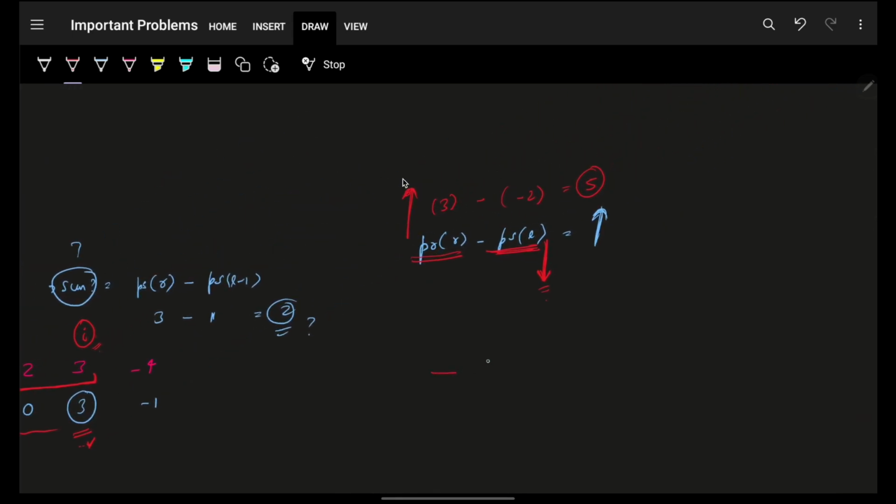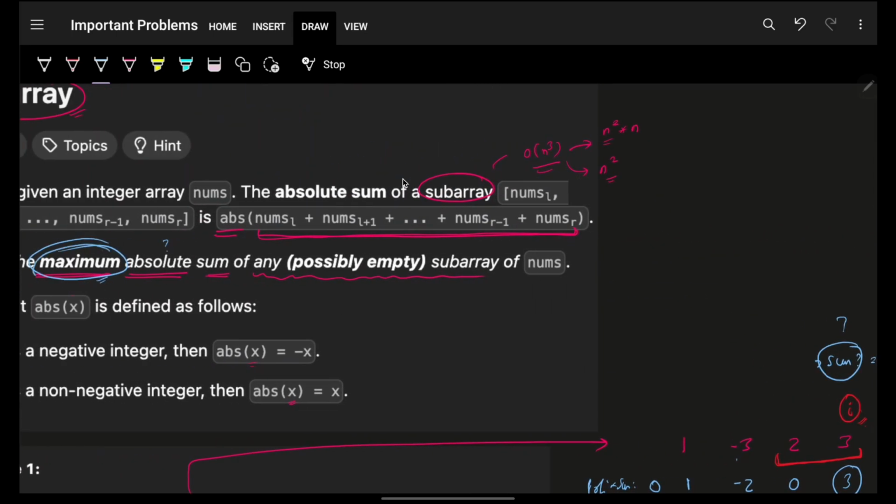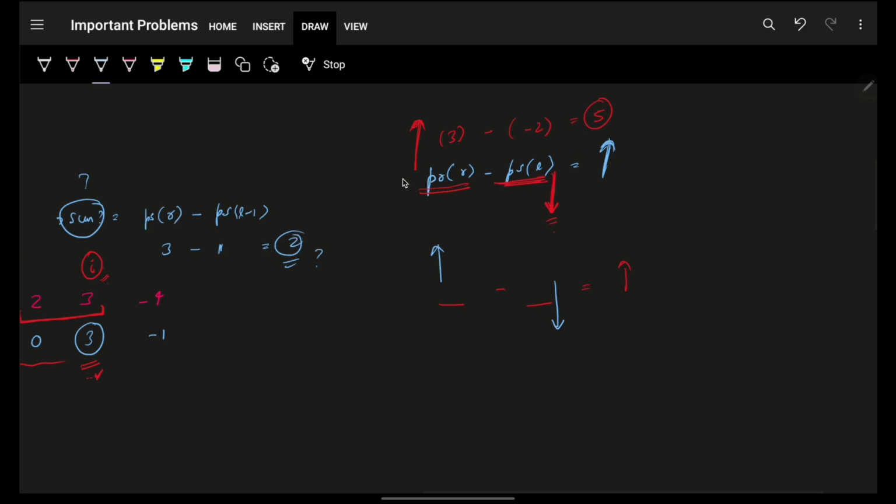Okay, you have two numbers and you are subtracting them. You want the result to be as maximum as possible. You will want this number to be as minimum and this number as large. Now, this is what we discussed when we were taking the maximum sum. But what about this absolute thing? Okay, no worries. The absolute thing will help us figure out what exactly we can do in case of